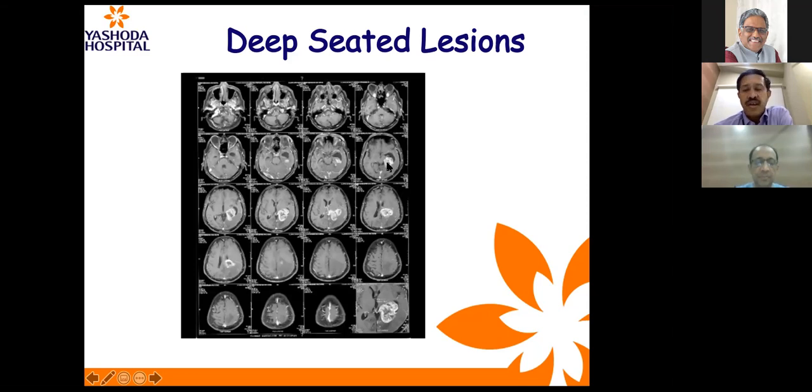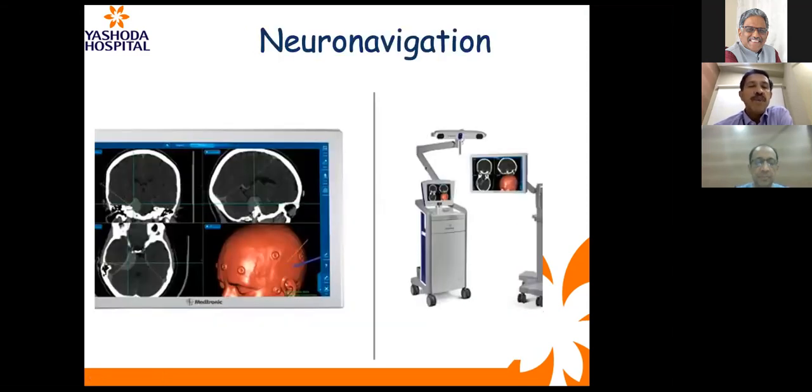to the target. And that's why navigation has come a big way, just like a car GPS. You can now see on surface where we are entering and see exactly what the trajectory will be to enter a deep-seated tumor. As you can see here, the lines that show you, this is the area of entry and this is going to be the trajectory that we are going to come through. So knowing our